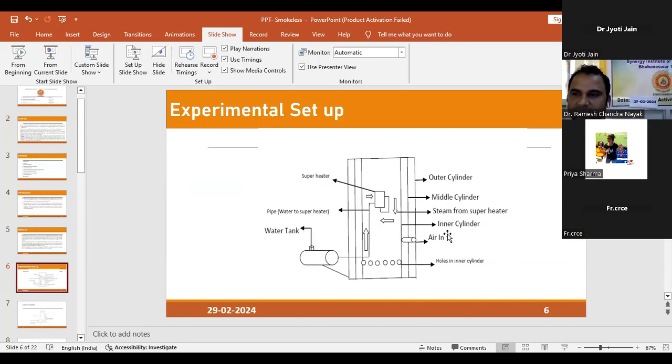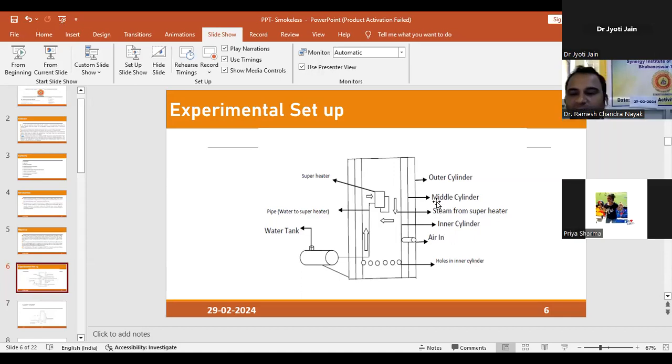Generally, in the traditional chula, the working principle is very simple. A draft is there, primary fuel is there, and only due to burning that smoke generation is occurring, because at that time complete burning is not possible. So that is the main reason for the traditional chula smoke. We know the calorific value of the fuel generally depends on complete burning of the fuel. So that concept is also taken in our work.